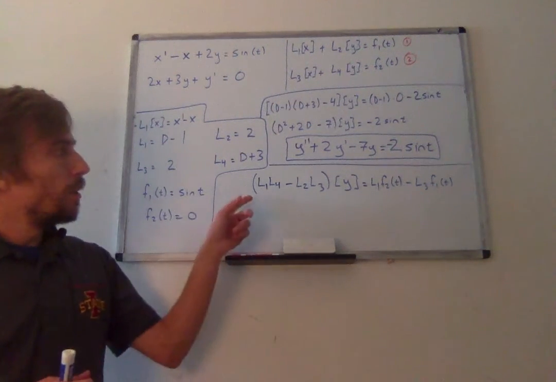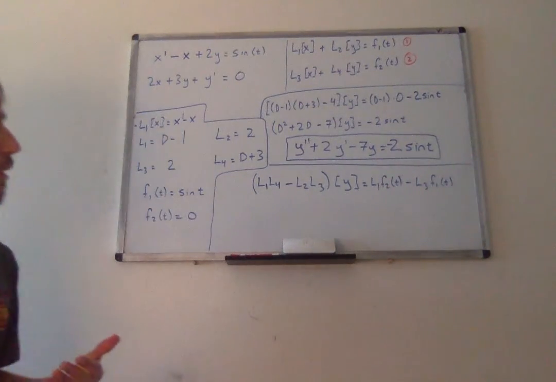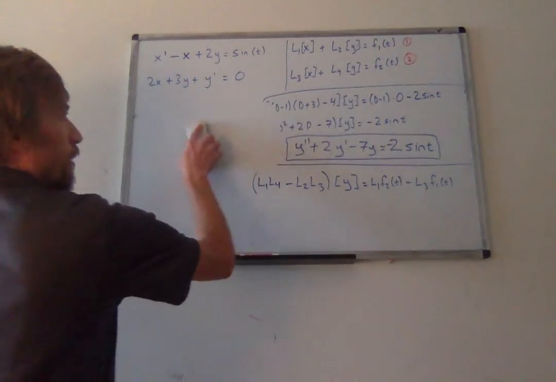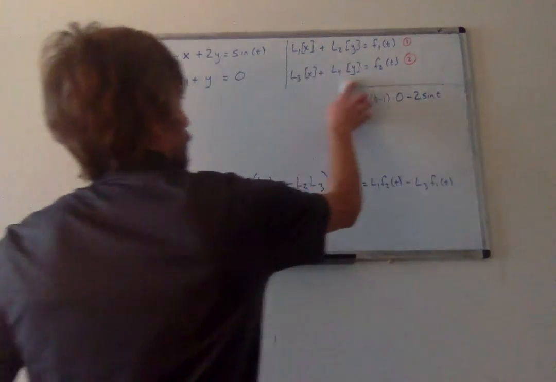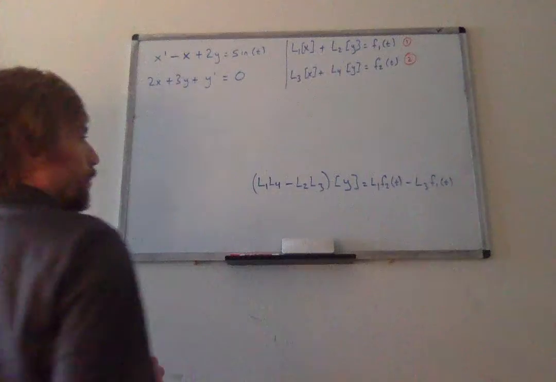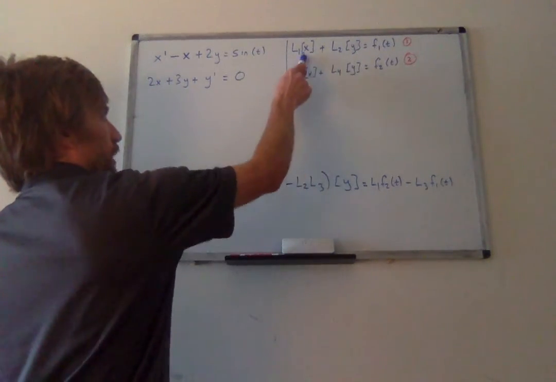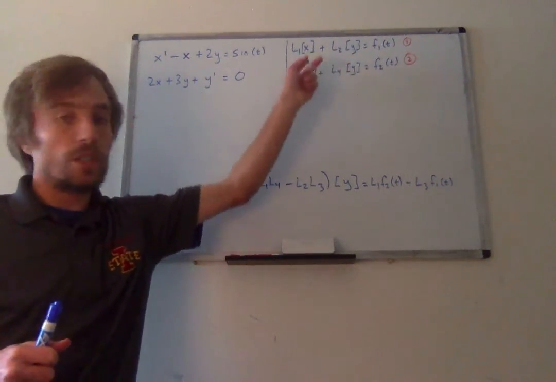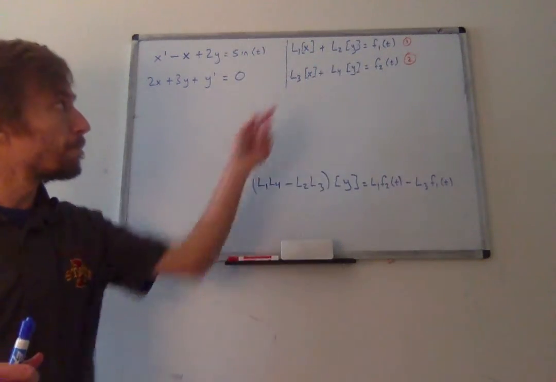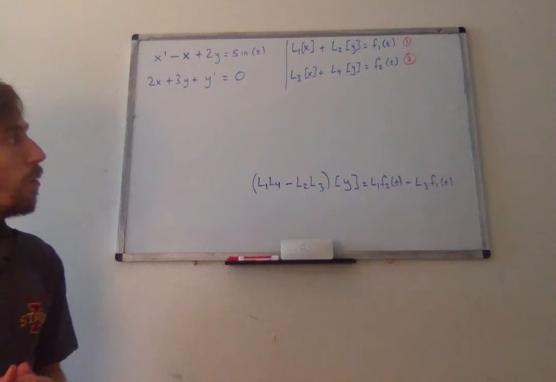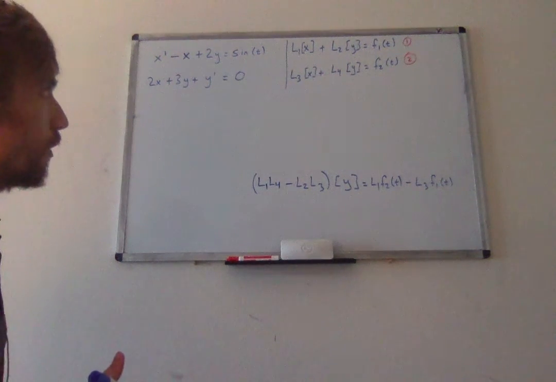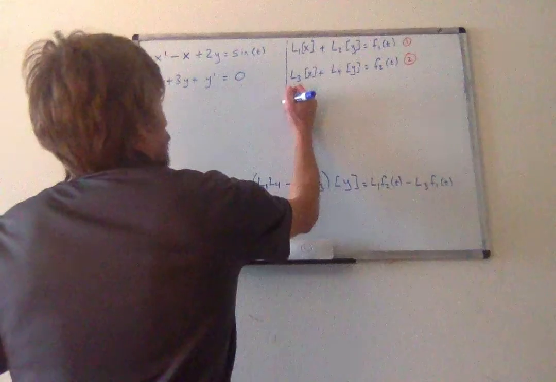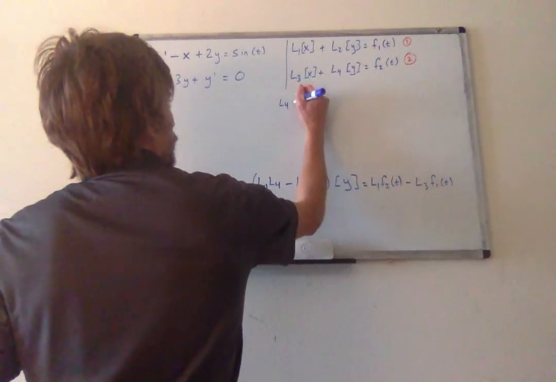So what if we'd wanted to start with x? Well, we could have alternatively done that. Notice here, if we had any general equation, or system of equations, I should say, that we could write in this form, we could have alternatively done the following. We could do L4 times equation 1